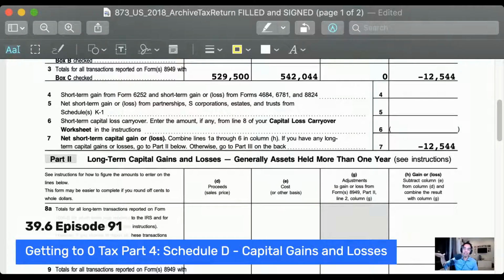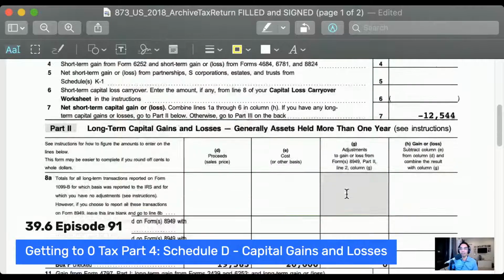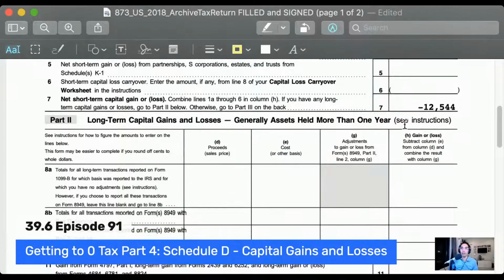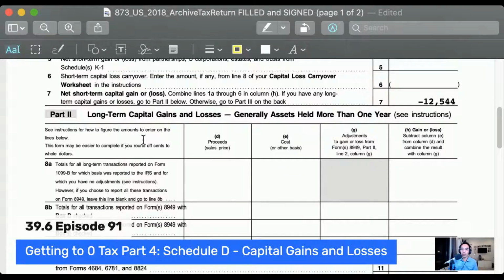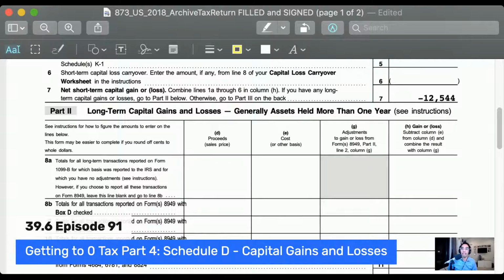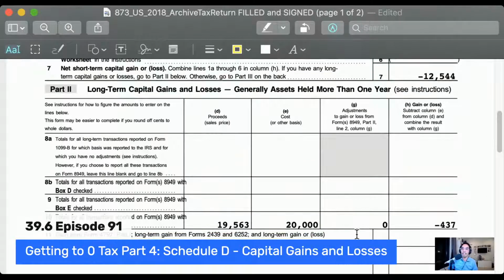Our money is still invested in basically the same assets, but that loss we were able to pull out and throw it here on Schedule D. So those are short-term losses. And then long-term losses, we have $19,563 of proceeds on a $20,000 purchase price tax lot, and that gave us another loss of